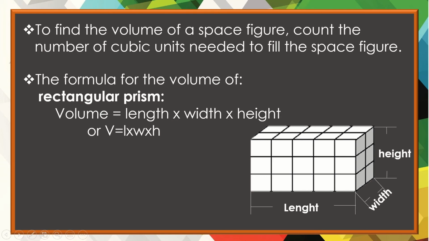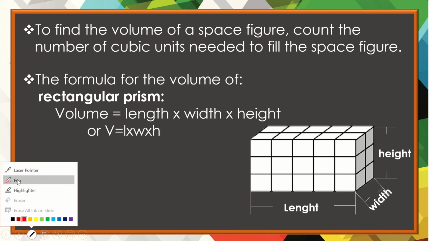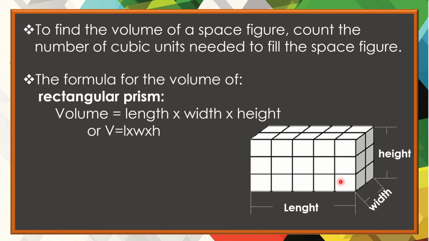So, we can see here that this is our length. The length is how many cubes? 1, 2, 3, 4, 5. There are 5 cubes for the length, and for the width there are 2 cubes. Then the height, from here to here, is 1, 2, 3. So the height is 3. So if we measure that, we put length times width times height. So 5 times 2 is 10, times 3, that would be 30 cubic